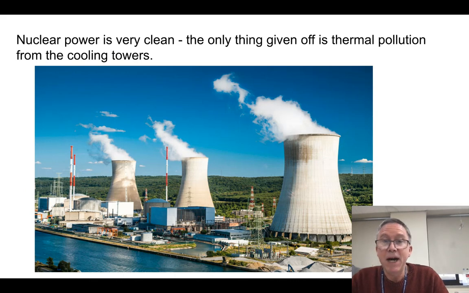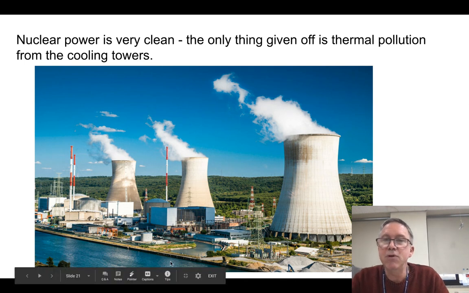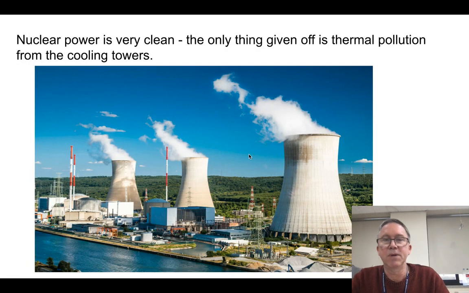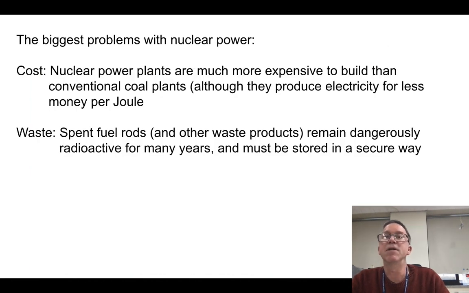So, nuclear power is clean technology. All right. The only thing that comes out of it is some steam and some thermal pollution of waterways. But there's no other effluent from it. We're not putting anything in the atmosphere. Imagine Korea with blue skies like this every day. We could have this. Switch to nuclear power. This is what you get. All right. You have to deal with the fact that there could be an accident, but that accident is unlikely to cause you harm. Now, what are the biggest problems then?